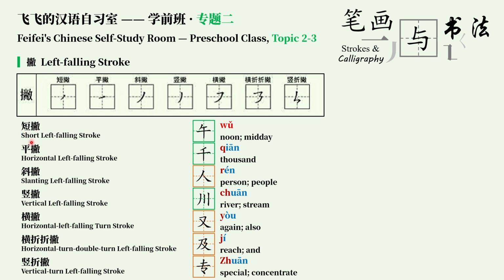短撇, short left fallen stroke. This is a short and quick left fallen stroke, usually sharp and forceful at the tip. When writing, start with a light press of the brush, then quickly sweep downward to the left and lift the brush to form a sharp point. It is often used as the top stroke of a character to open up the structure. Example character 午